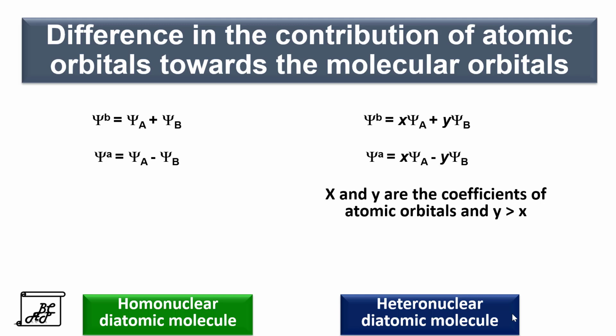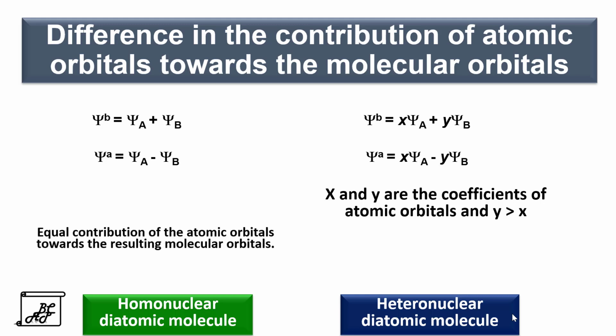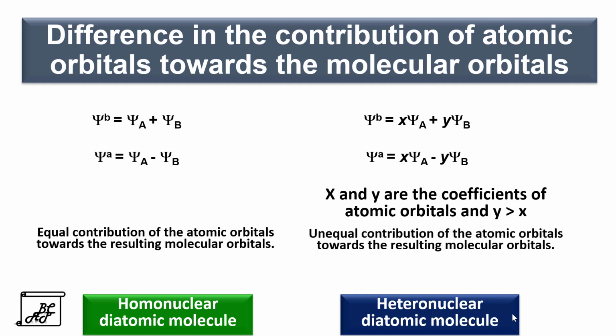Therefore, the coefficient of the B atom is higher than the coefficient of the A atom. In case of a homonuclear diatomic molecule, there is equal contribution of the atomic orbitals towards the resulting molecular orbitals, whereas in case of a heteronuclear diatomic molecule, it is unequal contribution. Hence, in a homonuclear diatomic molecule, y upon x is equal to 1 as the coefficients are equal, whereas in a heteronuclear diatomic molecule, y upon x is greater than 1 as the coefficient y is greater than